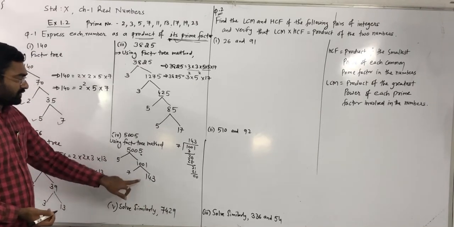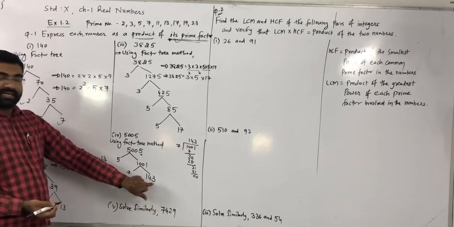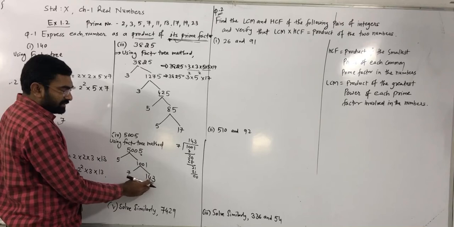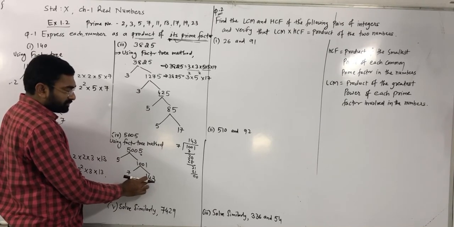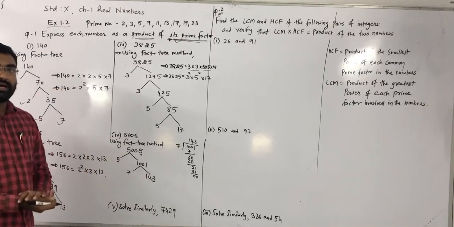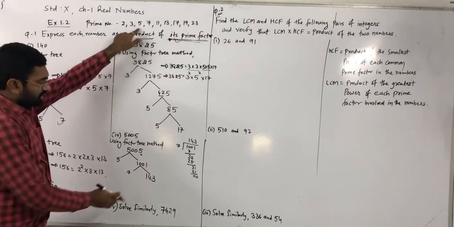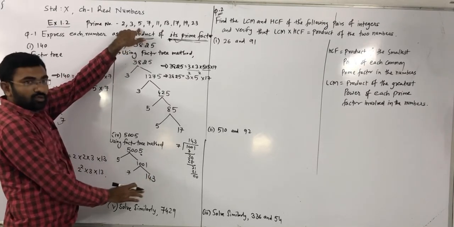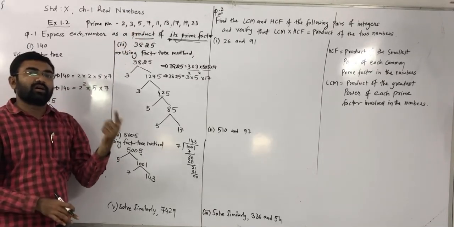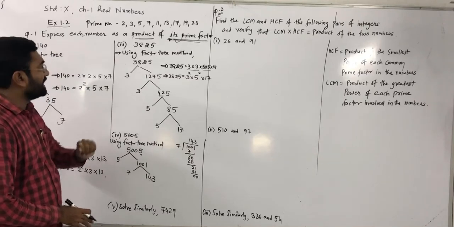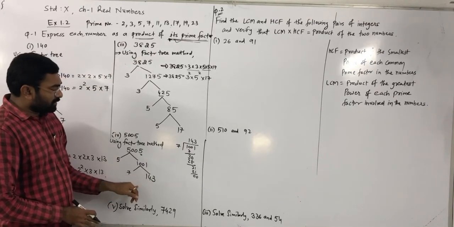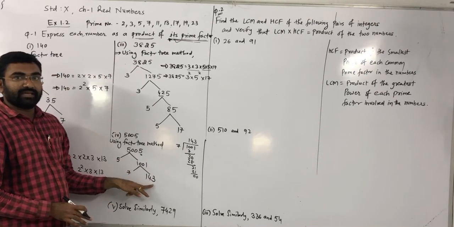For that we have to check first of all. It is not divisible by 2 because at last we get 3, right? It is not divisible by 3. Why? Because add all these digits: 3 plus 4 is 7, 7 plus 1 is 8. So 8 is not divisible by 3. 5 is not possible, right? Because the last digit is not 5 or 0. If any number's last digit is 0 or 5, then it is divisible by 5. But here it is not, so it is not divisible by 5. 7 is also not possible because 7 twos are 14, but at last we get 3 as a remainder.